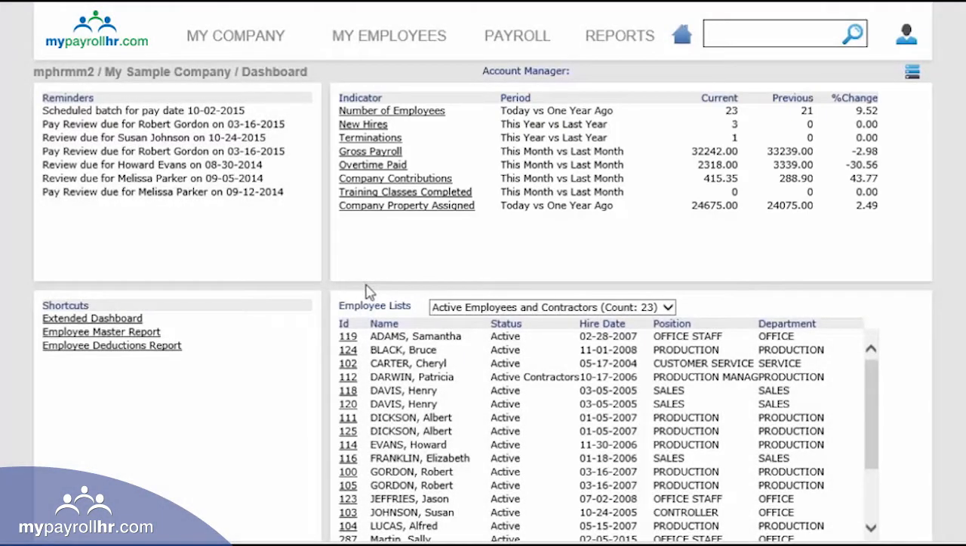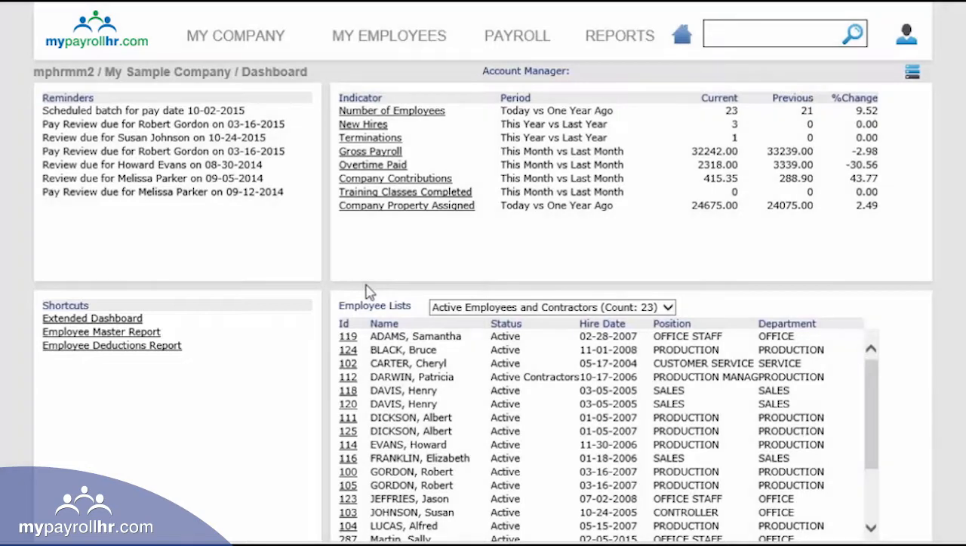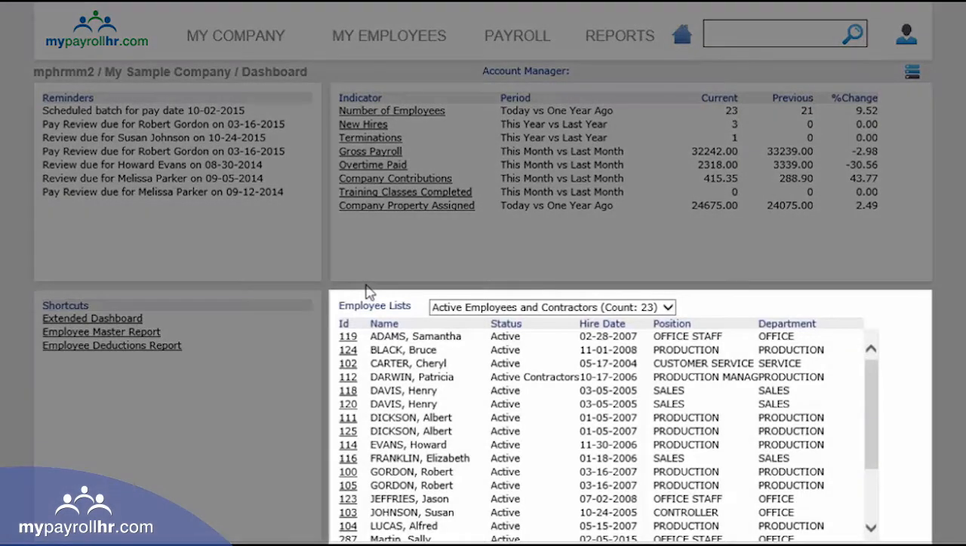The third section, located at the bottom left of the screen, is the Shortcuts section. This section allows you to add your favorite reports and analytical tools directly to your dashboard for simple one-click access. The fourth section at the bottom right is the Employee section. From here, you may browse a list of employees and quickly access an employee profile by clicking on the employee